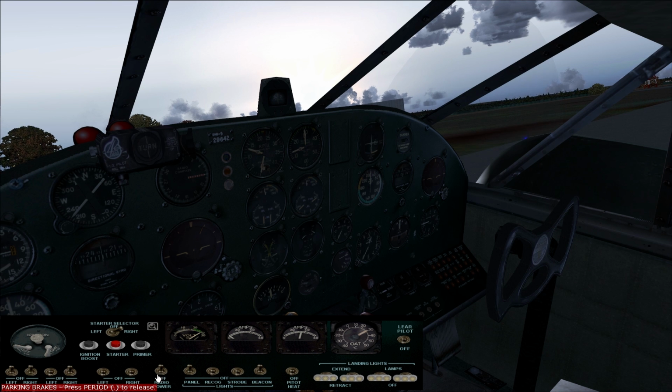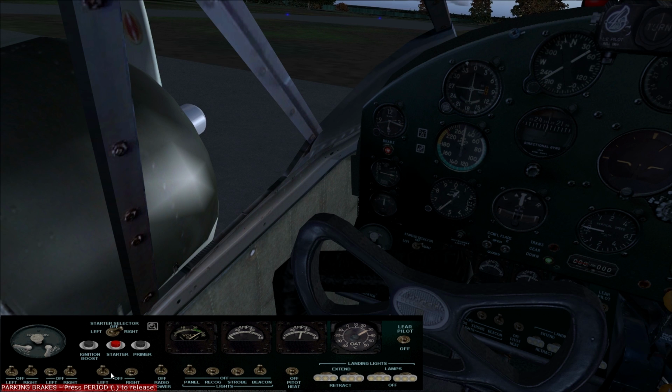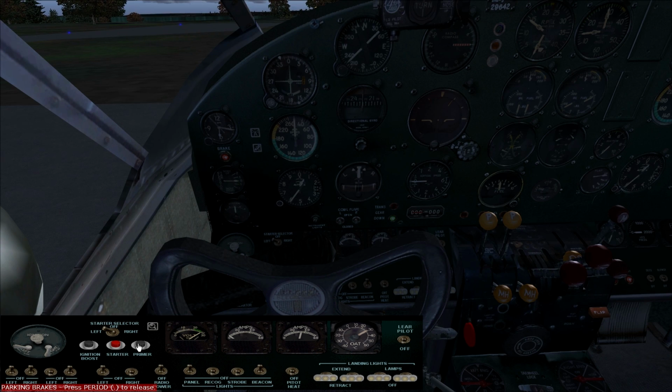So I'm just going to repeat the same procedure for the second engine, and I'll talk a little bit more about the Beech 18. So I've been looking for a good aircraft that I can fly VFR. I've been getting more into VFR flights lately. I kind of want to limit my time that I spend in flight simulators, and I kind of have three